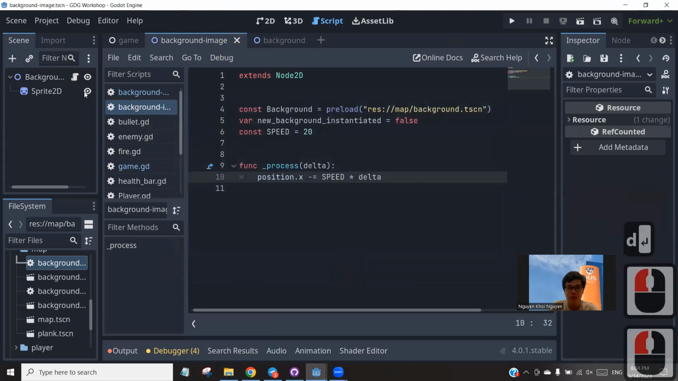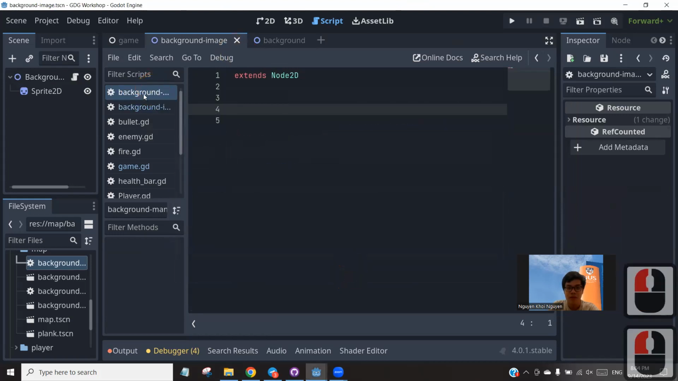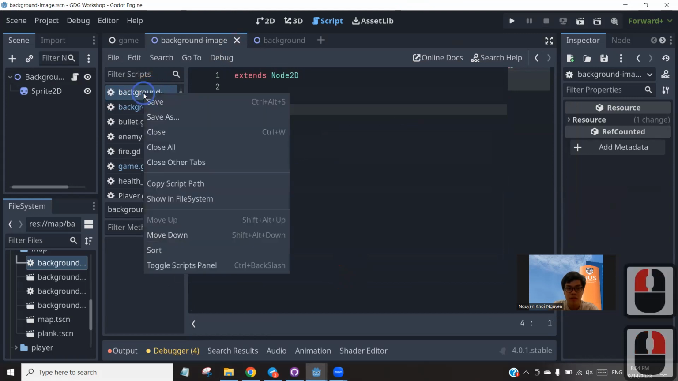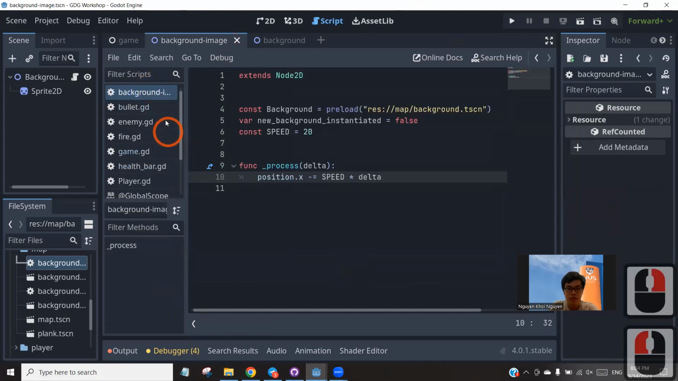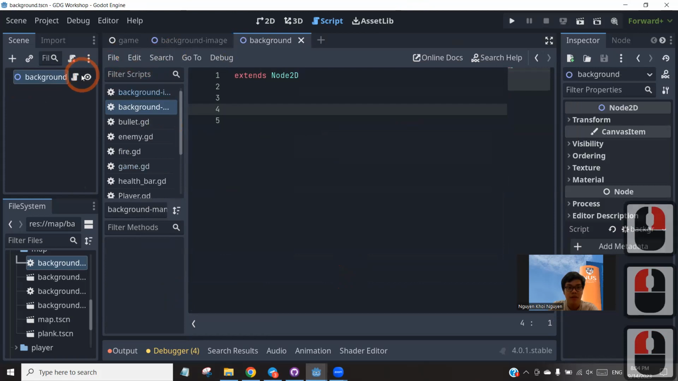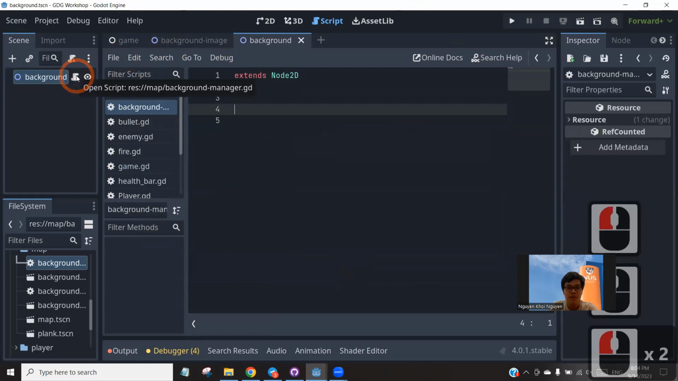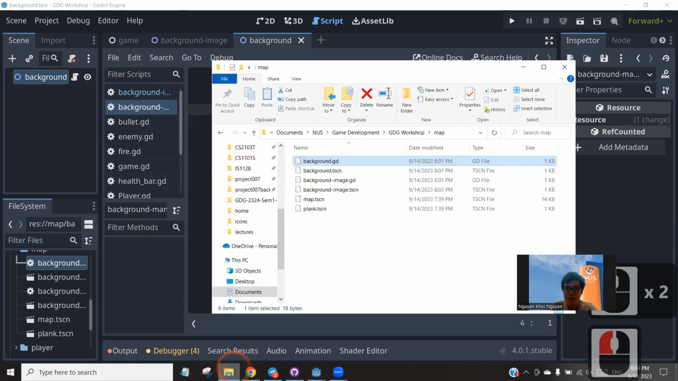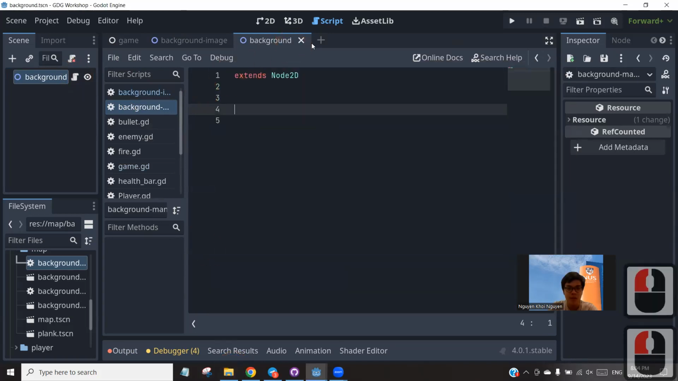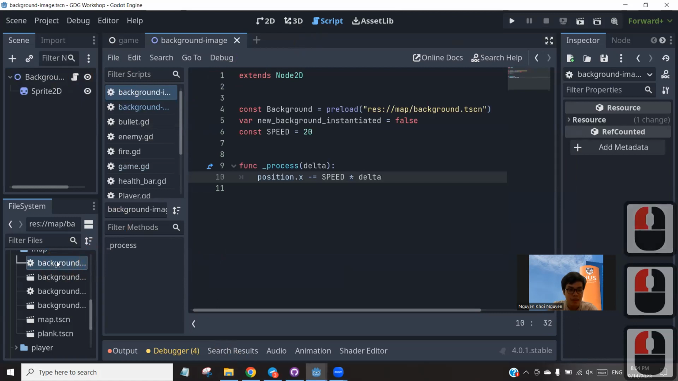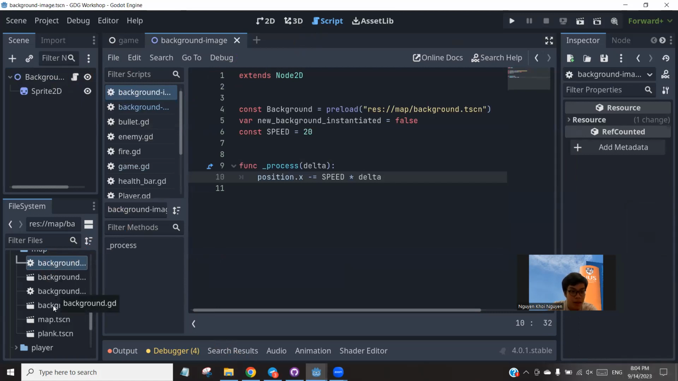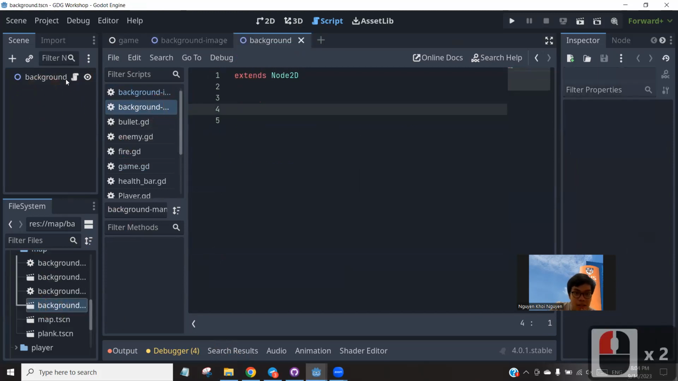Reload. Background image. Let's close background, attach script. Background manager. There's no background manager. Okay, give me a second. Background, and background scene. If I open, okay, so there's going to be